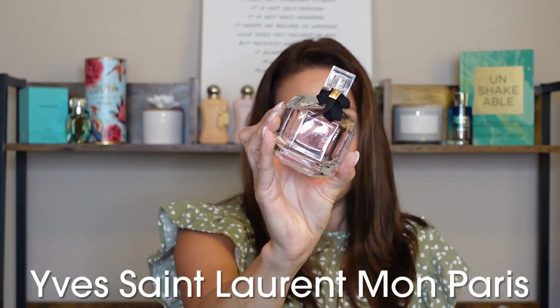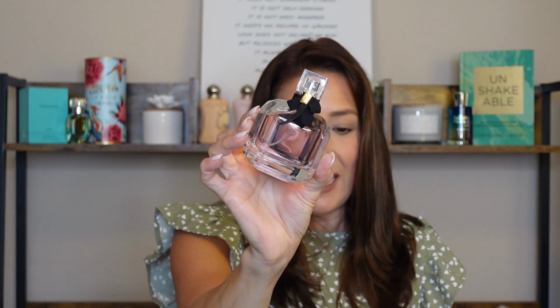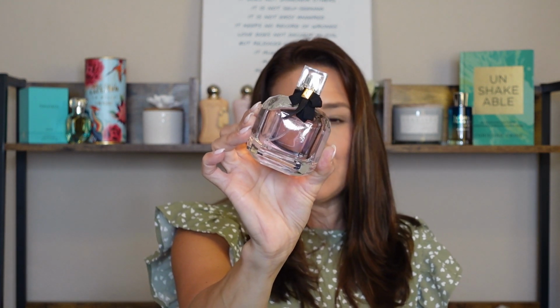The next one that is new to my collection, I had it in a travel size, but I had not purchased a full bottle until recently. This was an excellent steal. I found it super inexpensive, and this is Mon Paris by YSL. And this fragrance came out in 2016. So many of you, I'm sure, have experienced this fragrance before, but those of you who haven't, this bottle is